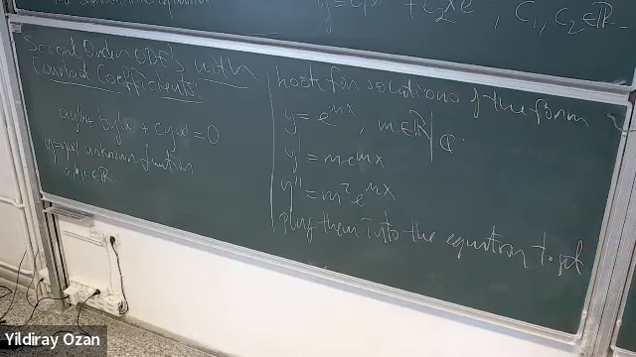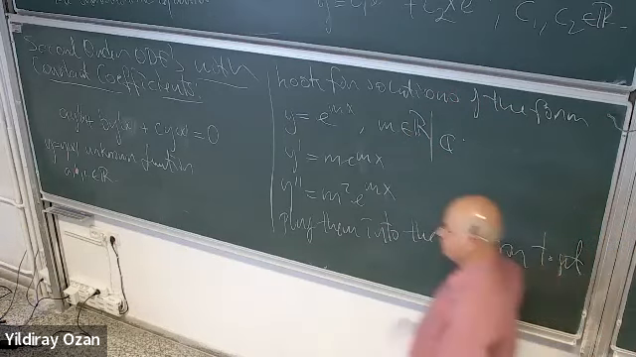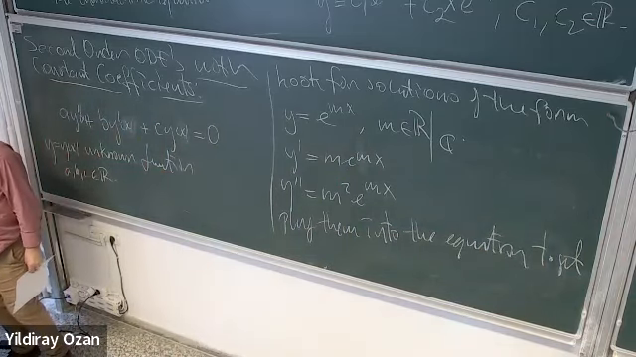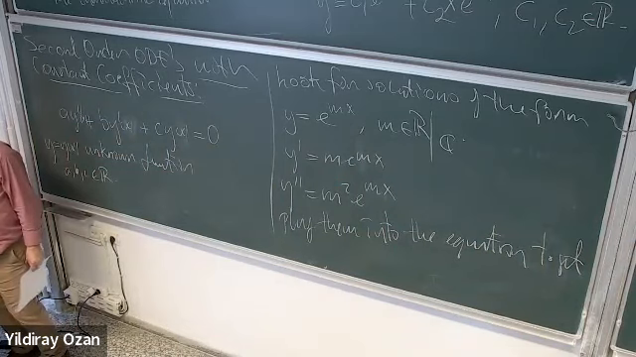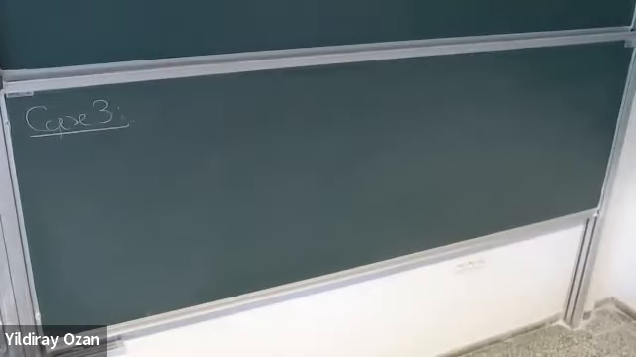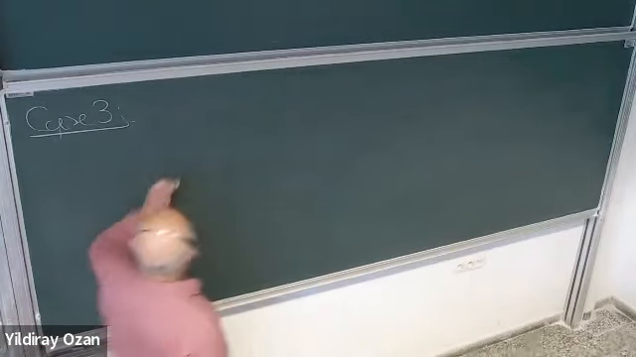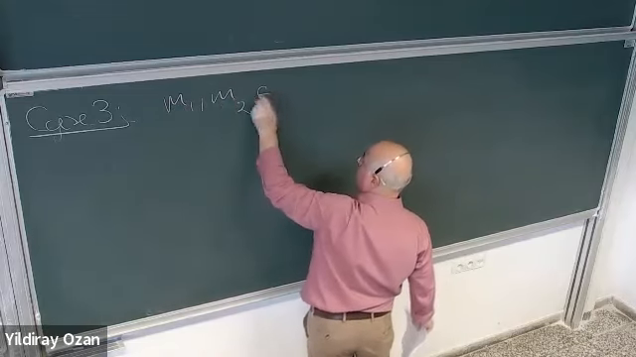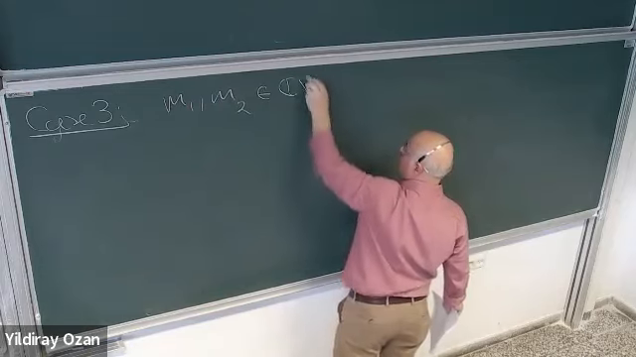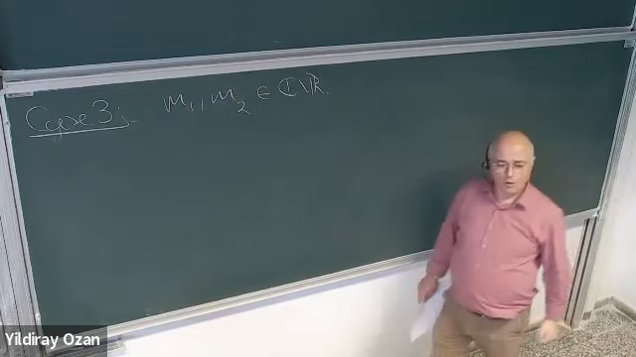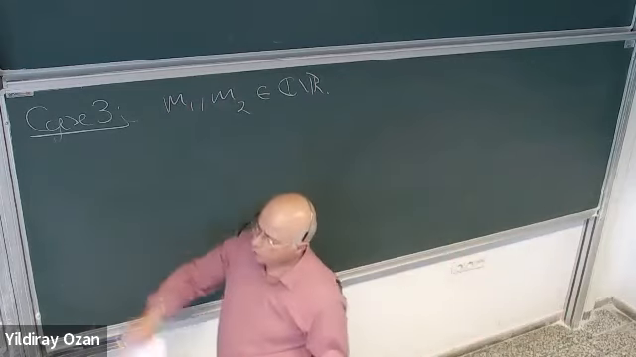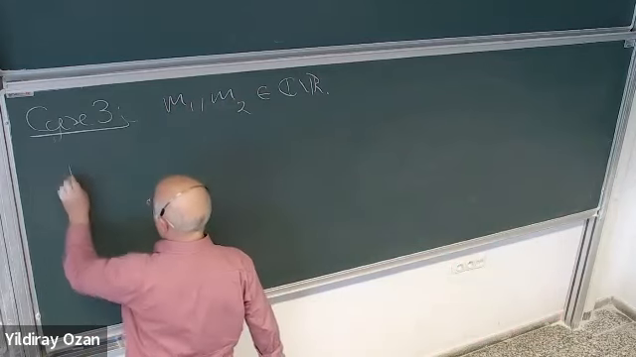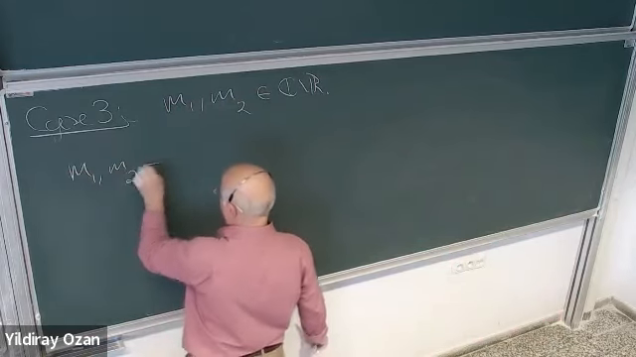And case 3 is where we have two complex solutions. M1 and M2 are not real numbers, so they are complex but not real. Okay. Of course, since it is a quadratic equation, we know how to solve it. So in this case, M1 and M2 are just